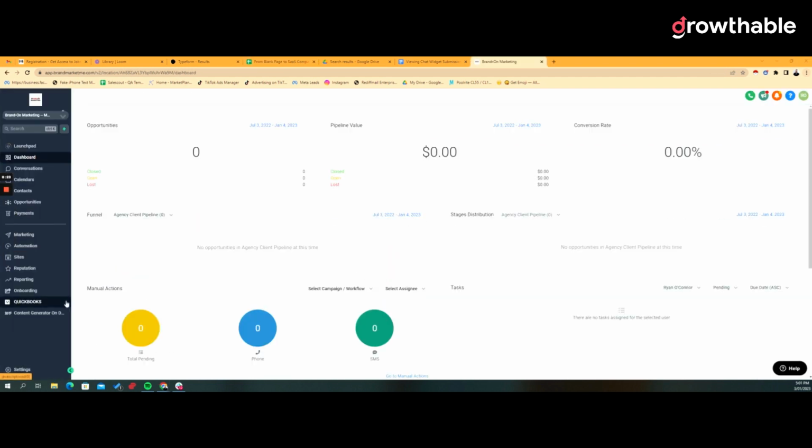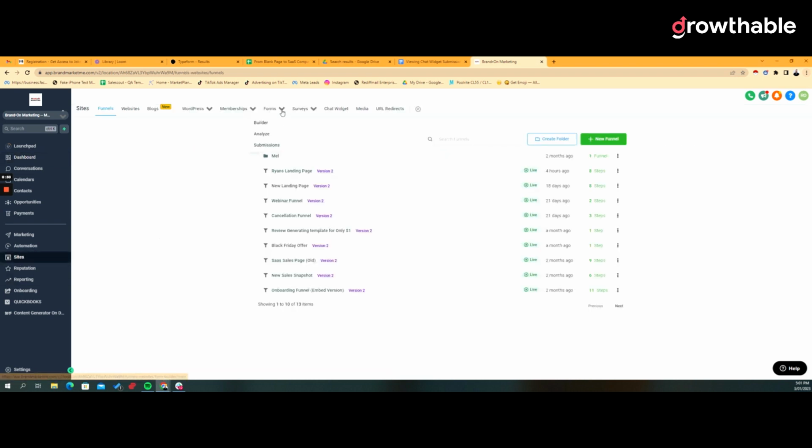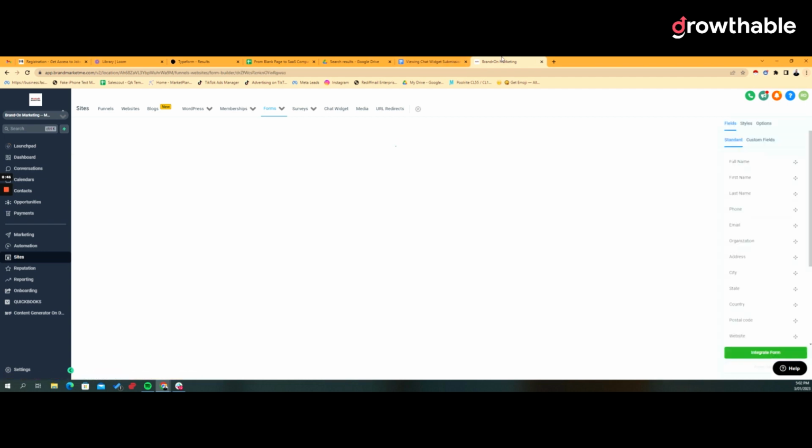So to start working with forms and surveys, you want to go to the sites, and from here you've got the forms drop down, and you'll have the builder, and then you've also got surveys builder. We're going to start with forms. So let's look at the forms builder. So forms are essentially how you capture any information from a user. So you think about this in terms of a website, a landing page, a quiz, a questionnaire, or really anything